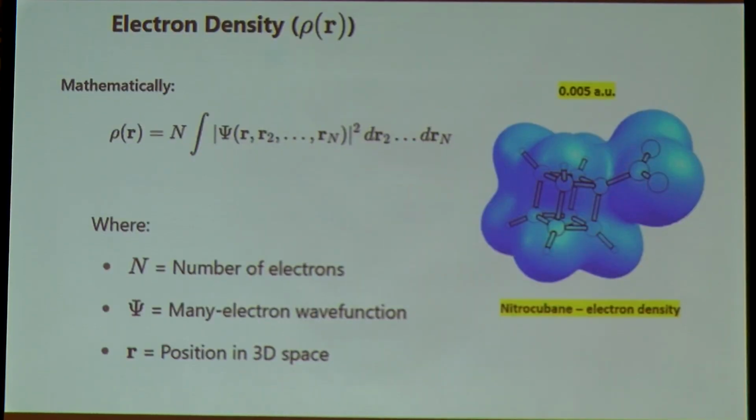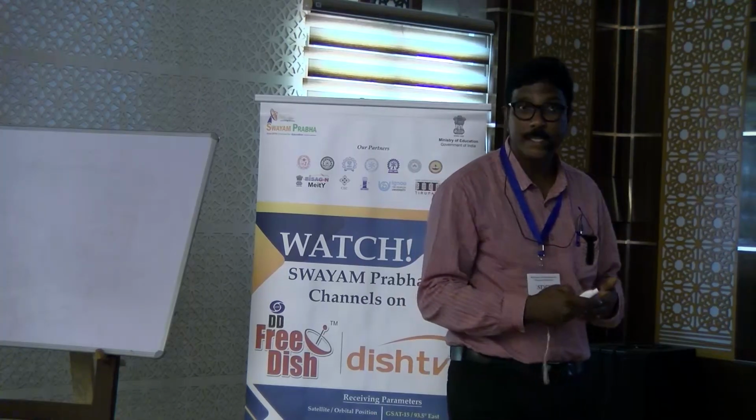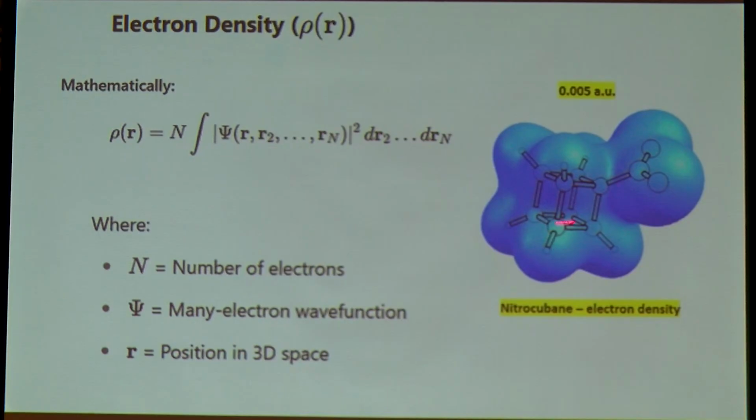Now, if you look at the density topography, it is very rich in features at the bonded regions. Even at the weakly bonded region, you get a bond critical point. But if you go away from the bonded region, the molecular framework, the electron density as such does not have much features. The topography is not so rich in features, because it monotonically decreases as we go away from the nucleus. But if you plot the Laplacian, of course, you will get a rich topography.